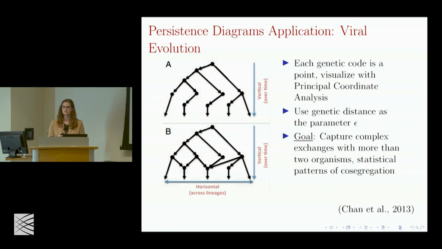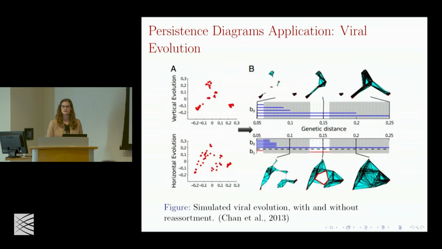Did they observe persistent homology in the data? They did. I will get to that. Great question, though. Any others? Cool. So this is simulation data. They just did vertical evolution for the top one, and they ended up only really getting connected components. And then in the second row here, we see that they added horizontal evolution, but just of 2 components or 2 viruses coming together. And that's where you start to get these holes in your